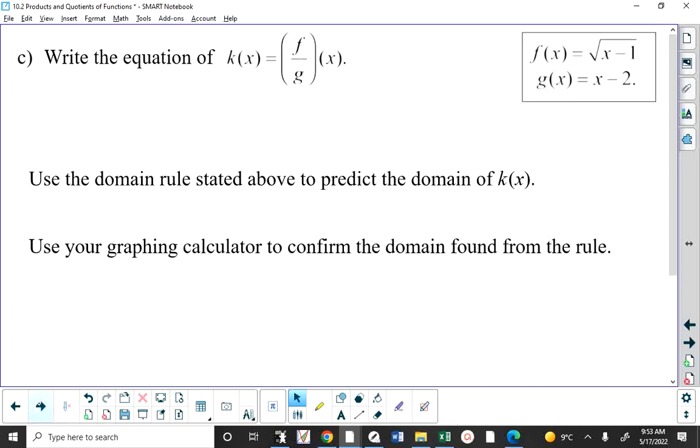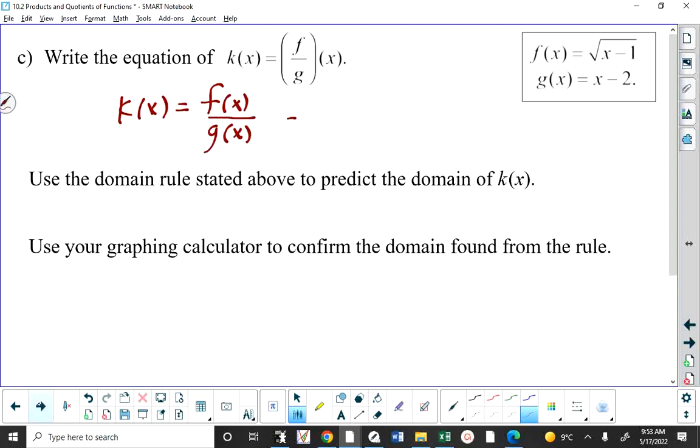Okay, good. C, what's the equation of f over g? Okay, well, f over g would be k of x. This means f of x over g of x, which would be root x minus 1 over x minus 2. What is the domain rule? Okay, well, the domain rule is that x must be greater than or equal to 1, because that's the common domain, but,